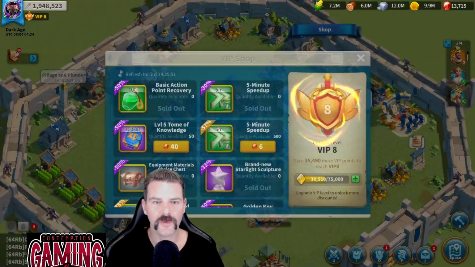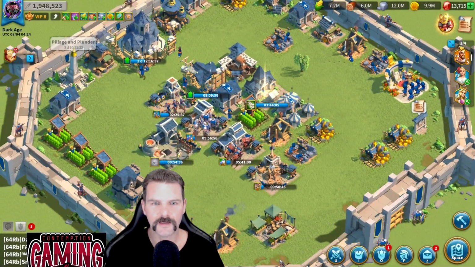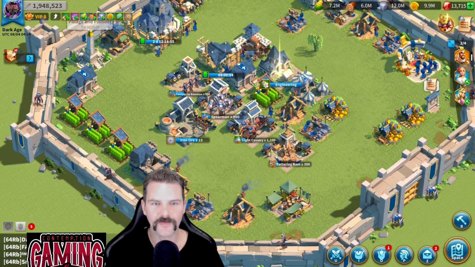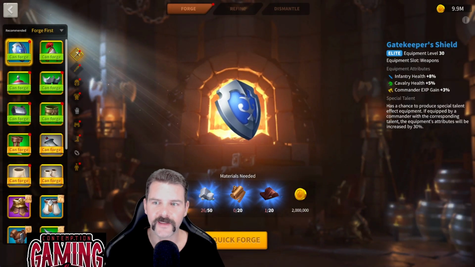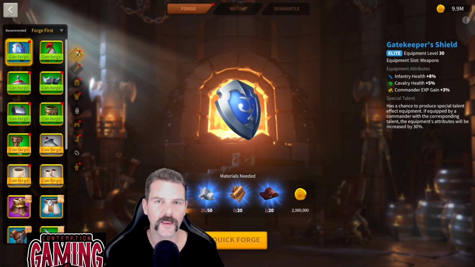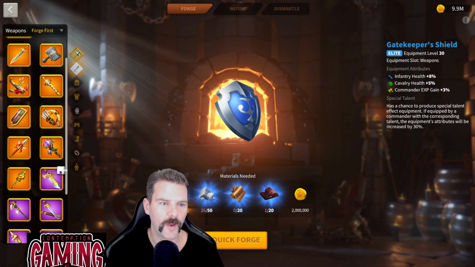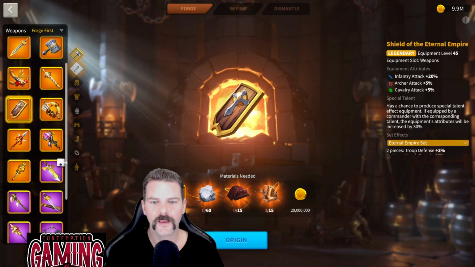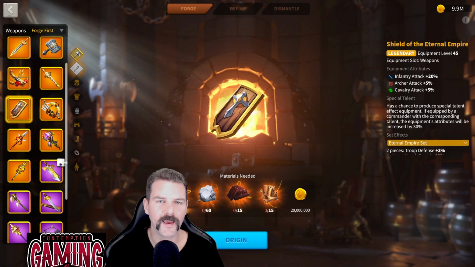Okay, so I showed you the VIP shop. I buy everything for resources. That just makes sense. Let's check out gear. I actually have to craft something right now because I've saved up enough for Gatekeeper's Shield. Now this, if you're running infantry, this is equipment that you can have until Season of Conquest. The only time where you're going to go for the infantry weapon, which is right here, is when you're using iconic crystals in Season of Conquest, where you're going to get 3 extra base attack, which is very strong, and